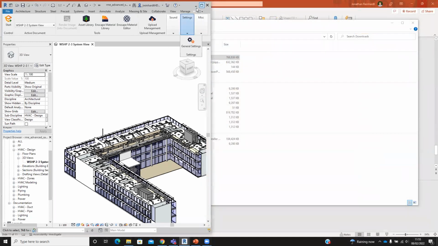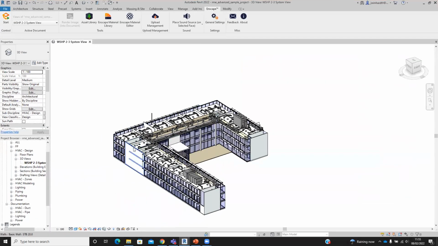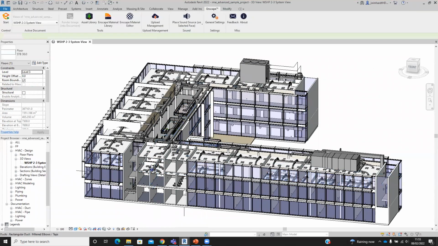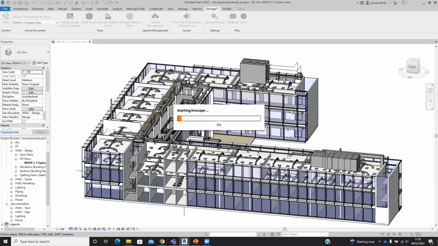I just need to start it again, but it should update itself. If I hide any of these elements, whether it's ceilings or anything like that, it will only show me what's visible in this particular view. So if I just go to start again on this,